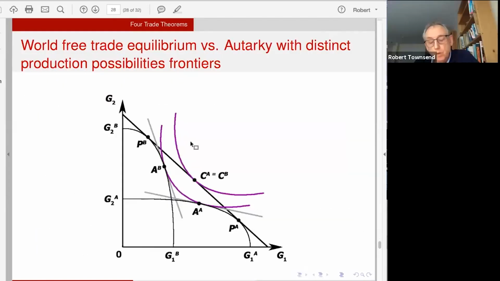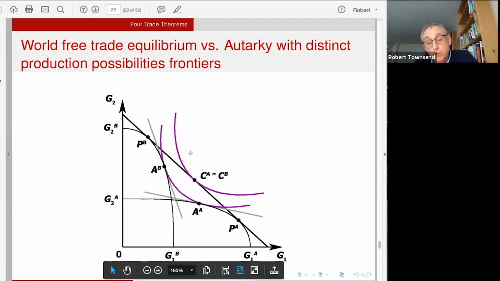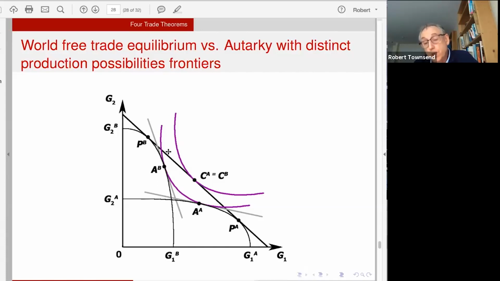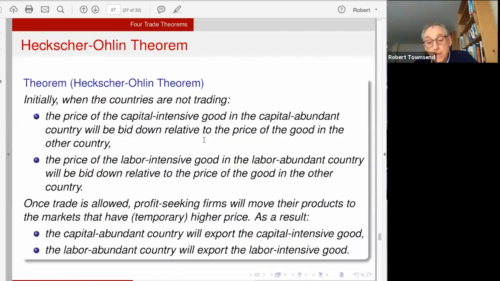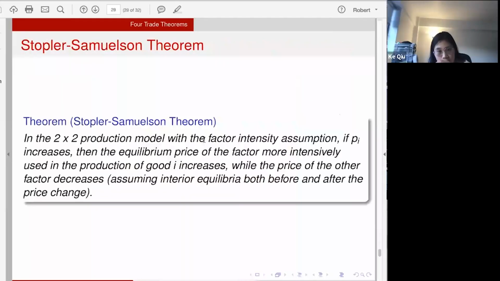Yeah, so when you look at this, another great question, thank you. When you look at this diagram, it's really only the relative price of the goods that matters. It's like P1 over P2. So there's a lot of things that are relative here that look like they're in Heckscher-Ohlin stated as absolute prices, but it's really only the relative price. I get it. Okay. All right, so that